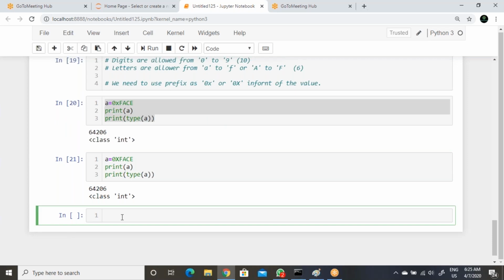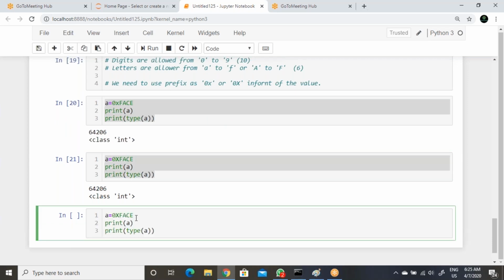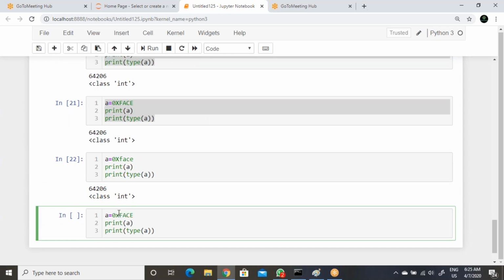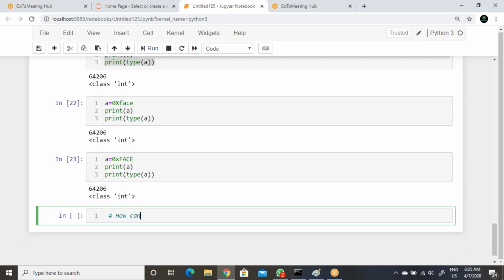Now here is one important thing they may ask in an interview also: how can we get base values for integer forms? Let's see.